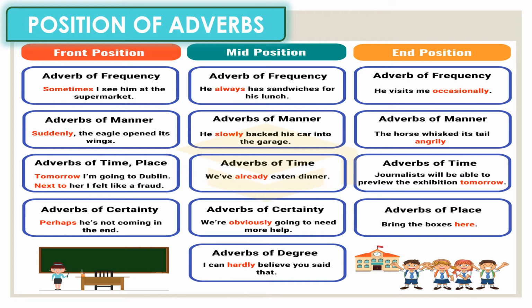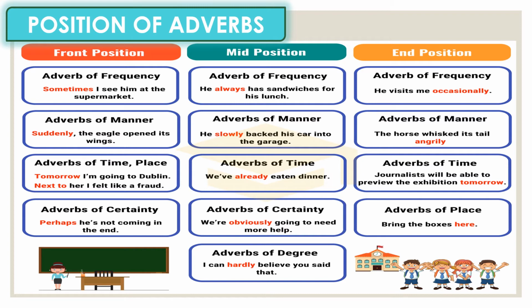Suddenly, the eagle opened its wings. Tomorrow, I am going to Dublin. Next to her, I felt like a fraud. So these are the examples I have spoken, taken from the adverbs of frequency, manner, time, place,